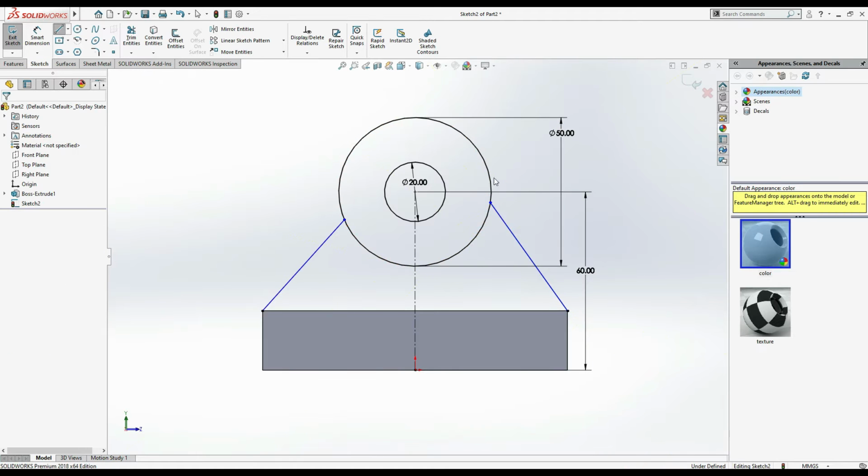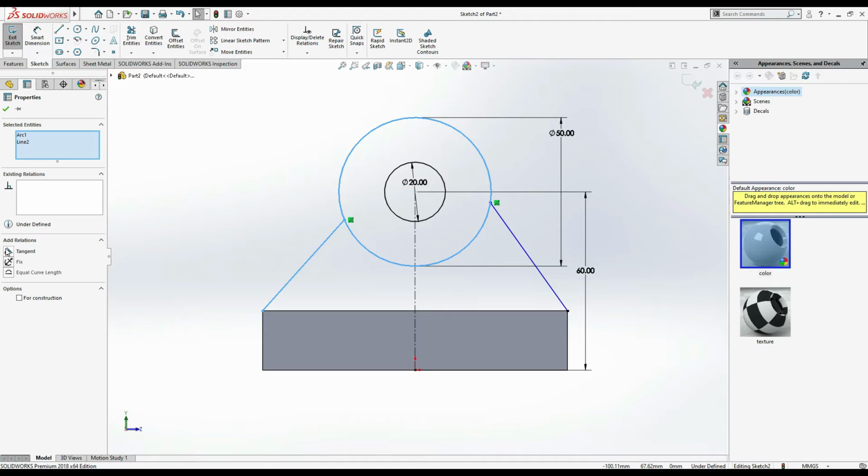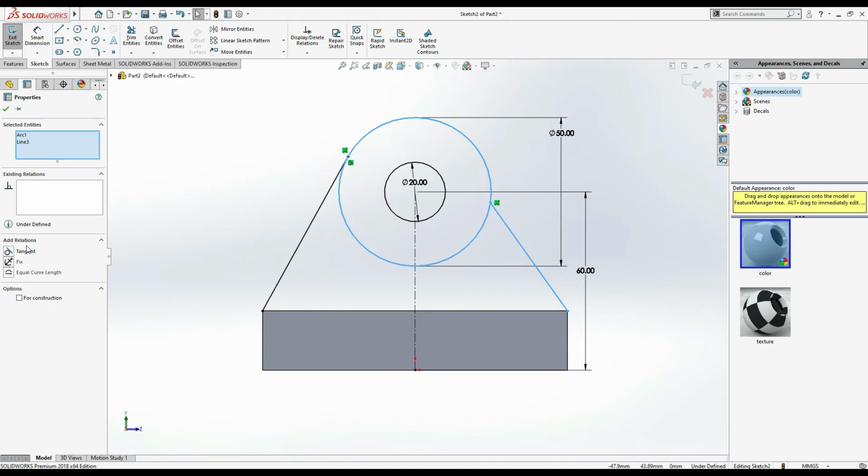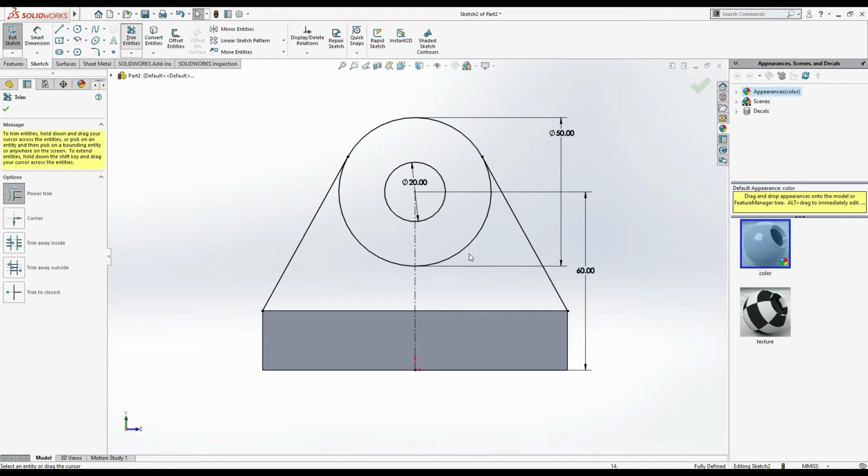Escape. Now select these two and make a relation tangent. Okay, then select these two and make relation tangent. Okay, now select trim entities, trim it and trim it. Okay,